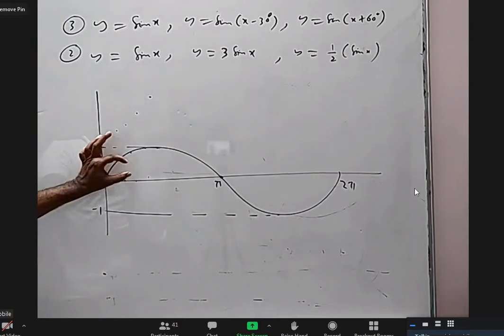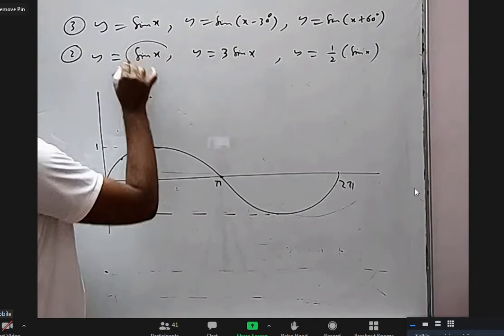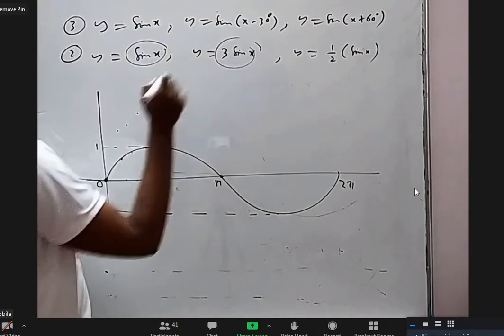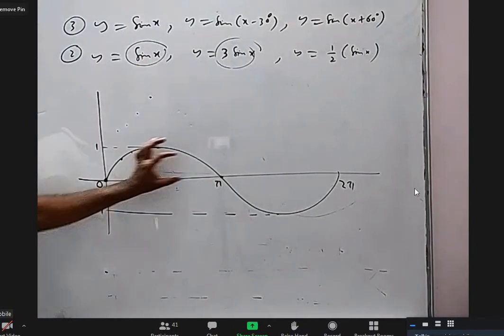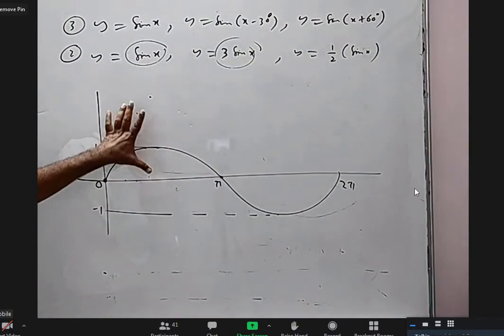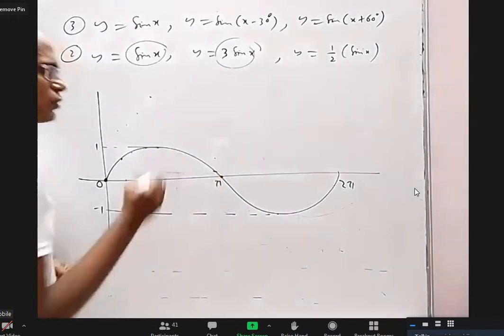So every height you have to magnify by 3 times. Because this height, if you multiply by 3, you will get this side. Whatever x you take, this y coordinate is 3 times this y coordinate. Take this, magnify 3 times. Take this, magnify 3 times. Take this, magnify 3 times. Even when it is 0.1, it will be 0.3.